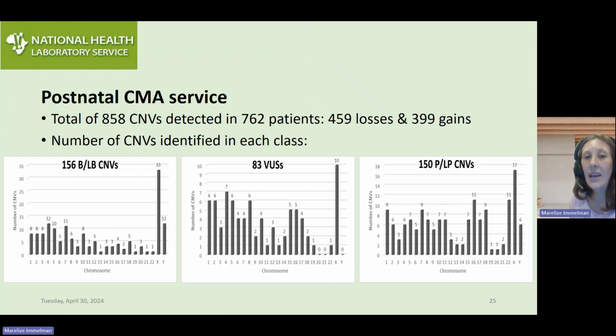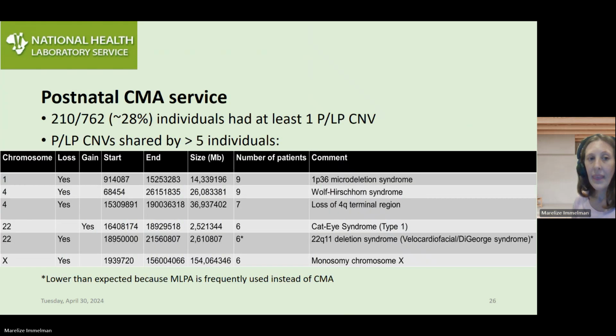In the last 3 years, we have tested 762 patients and identified a total of 858 copy number variants in this group. 156 were benign or likely benign CNVs, 83 were VUSs, and 150 with pathogenic or likely pathogenic copy number variants. And interestingly, a large number of variation seems to be on the X chromosome. 28% of the individuals had at least one pathogenic or likely pathogenic copy number variant, and the most common findings